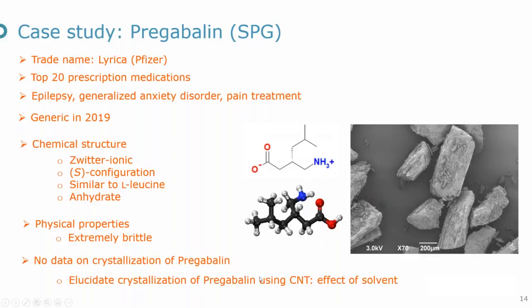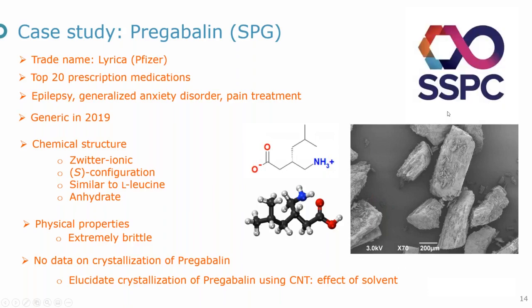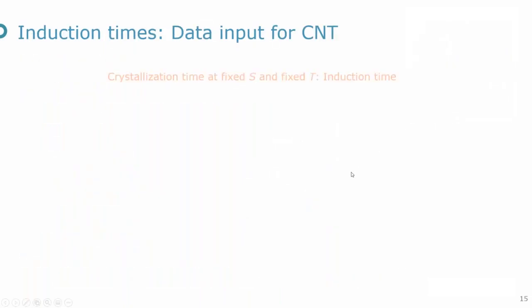We are investigating this compound to elucidate the crystallization of this API using classical nucleation theory, and to see how the solvent choice impacts the crystallization of this API, and perhaps to come to a better form. One way to use classical nucleation theory is to